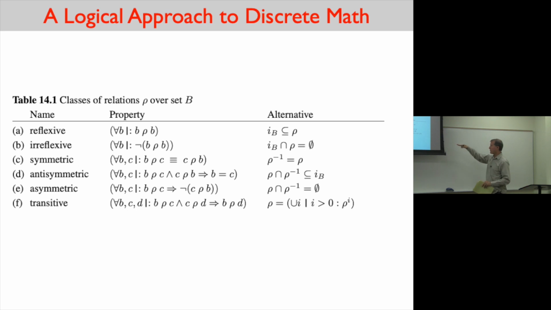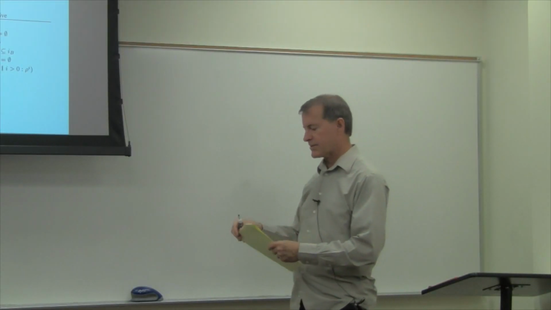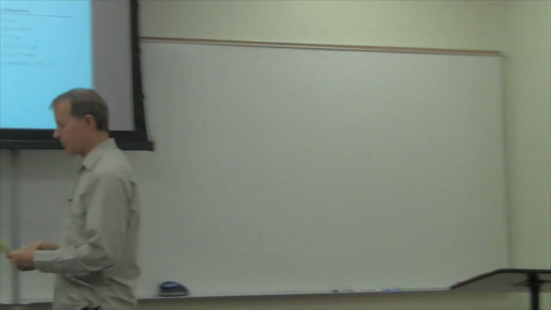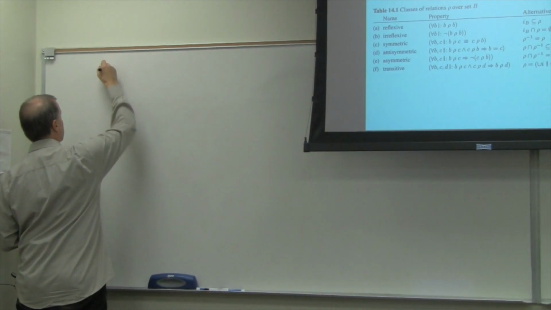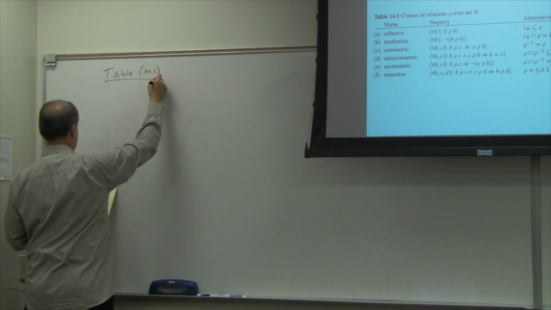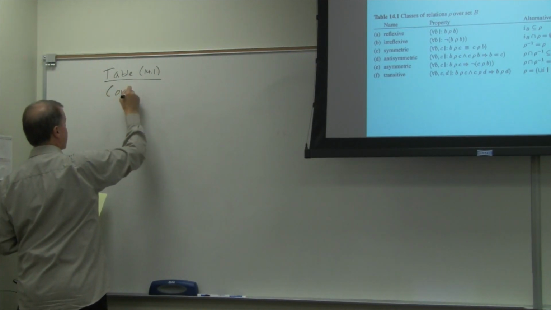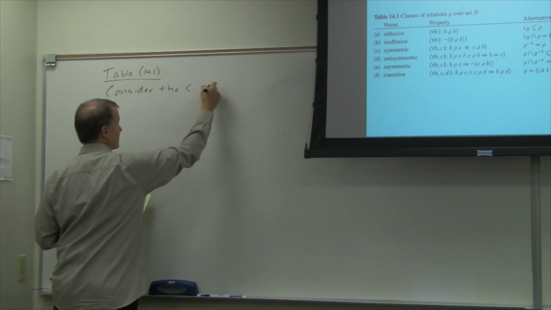an example and run through each one of these, because another exercise in your homework is to identify whether a relation satisfies a particular property. You see what I mean? So here's what let's do. Let's consider the less than relation on Z. So this is table 14.1. And consider the less than relation